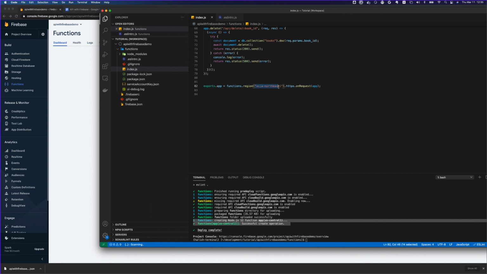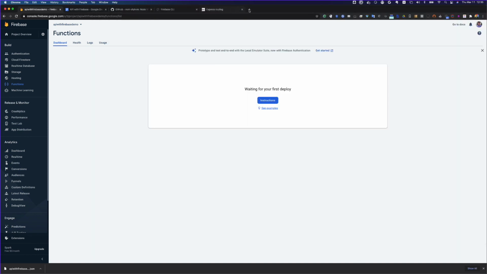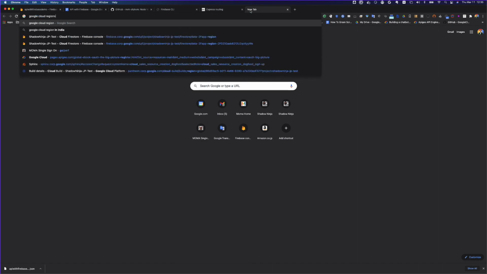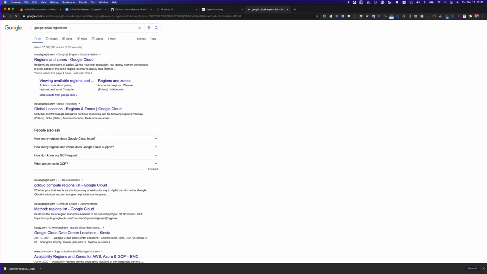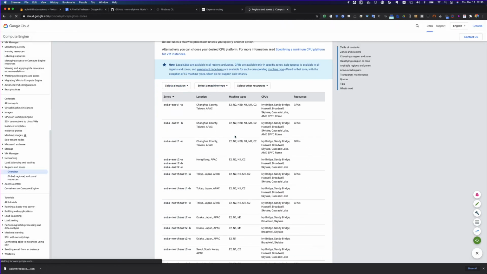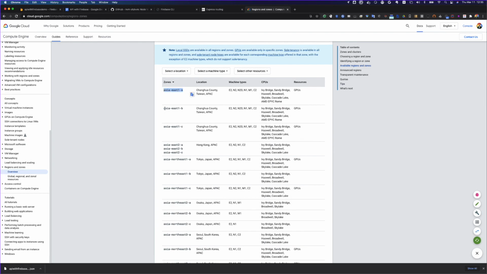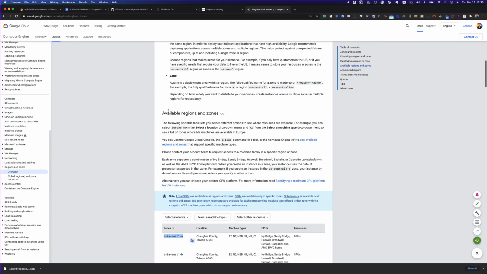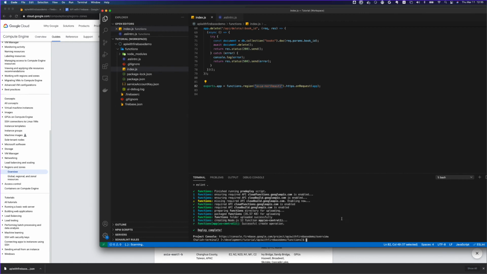So if I do that, it will be deploying it to Asia Northeast 1, and you can get any of these names for Google Cloud regions. If you go Google Cloud regions list, you will be able to get the list of all the regions in Google Cloud, like Asia East 1, A, B, C, like so many are there. So you can choose which region you want to deploy and just put that name, and it will be able to deploy in that region. So let's do that as well.